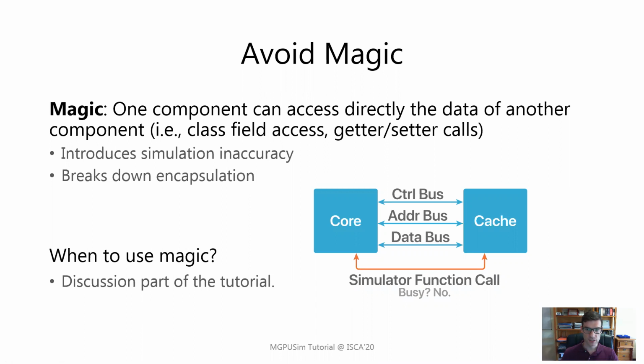If we use magic, one component can directly access the data of another component, that is, by means of class field access or getter-setter calls. This, of course, introduces simulation inaccuracy, as it is not possible to model the particular communication overhead. Also, it breaks down encapsulation and compromises software modularity. However, there are certain cases where the usage of magic is recommended, as we will explain in the discussion part